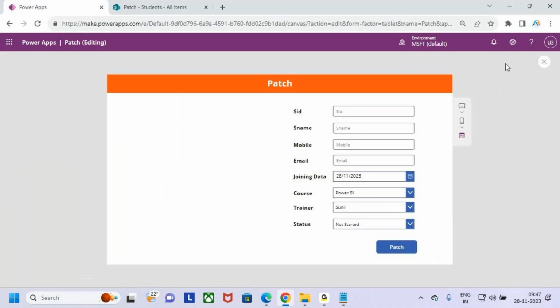Now go and play the app now. So I try to understand, guys. Student ID 101. Student name is Warner. Student mobile number, let me pass some random mobile number. Student email ID